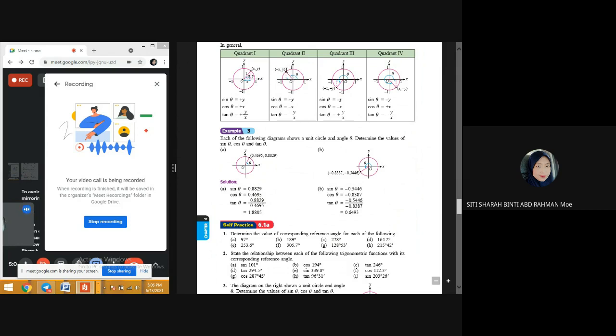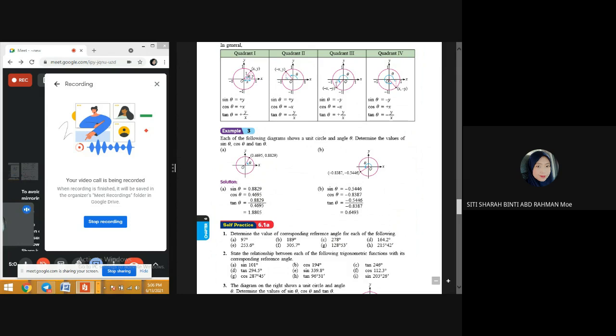So the hypotenuse will always be 1, positive. So sine will be a positive value, cos will be a negative value, and tangent will be a negative value. So in quadrant 2, only sine will be positive. So next,